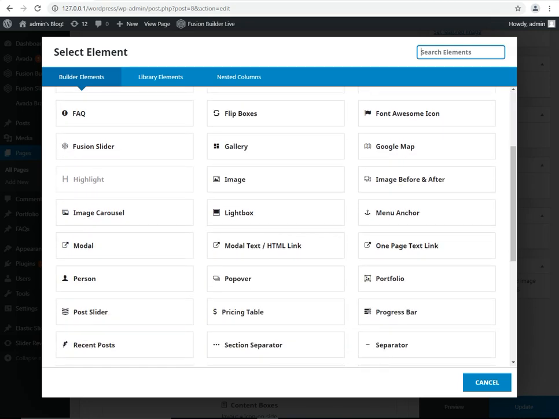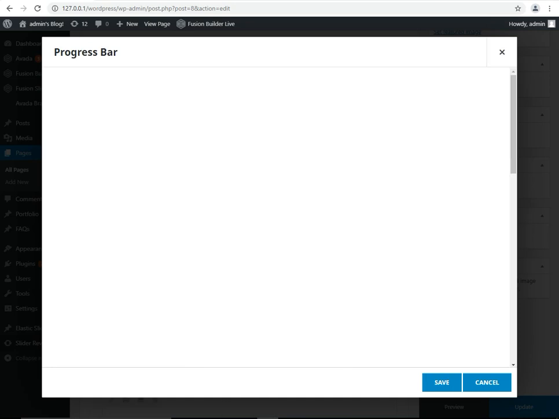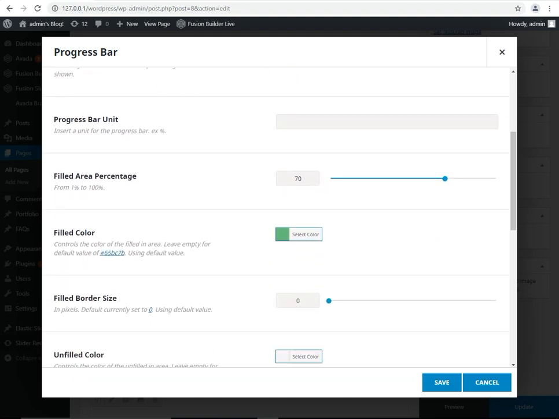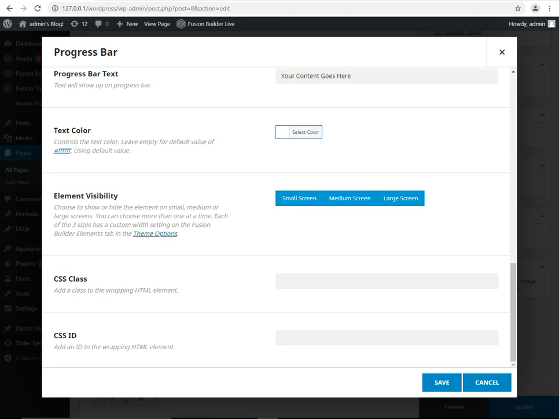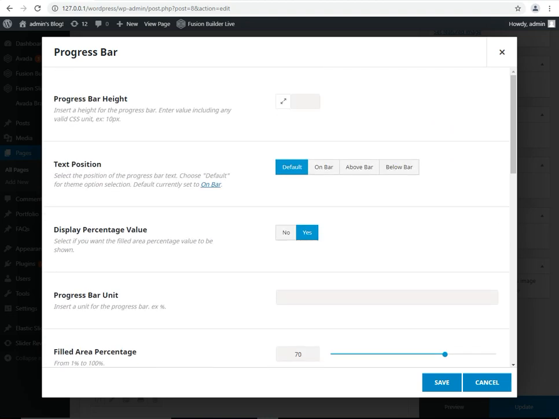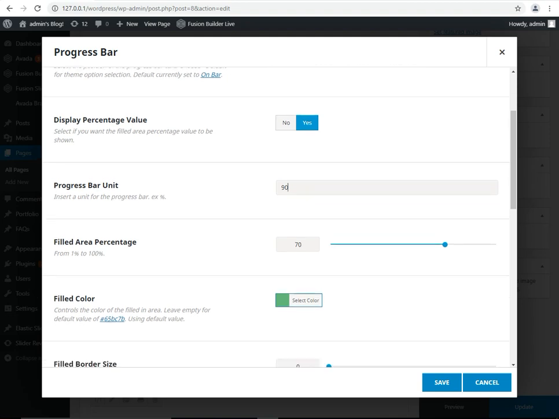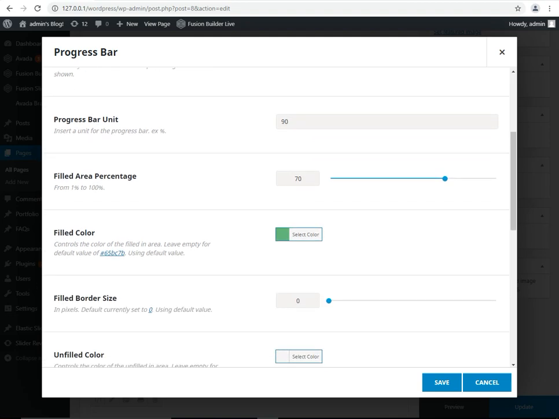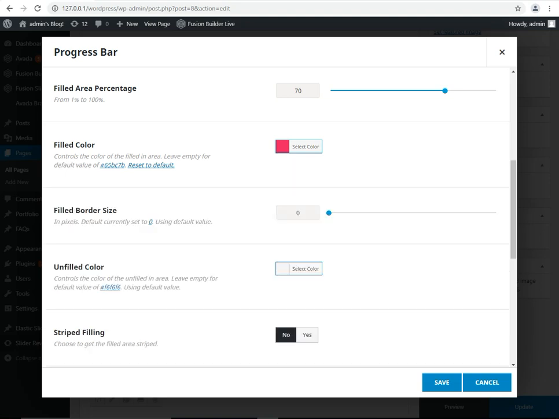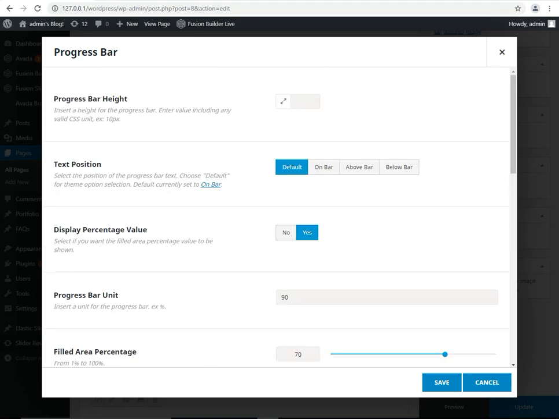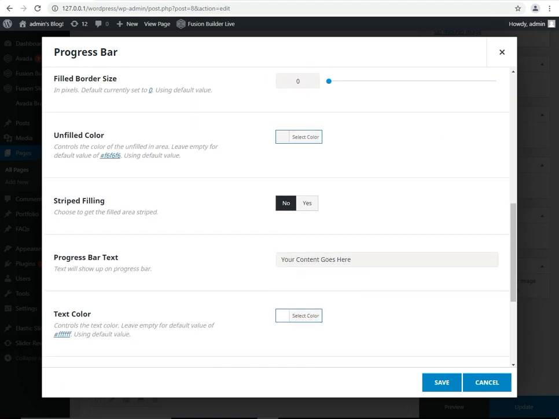After this we are working on portfolio and progress bar. If your business needs any progress bar, then you can click here. Progress bar unit you can set here. For example, first progress bar unit 90% and filled area percentage 70%, fill color red and unfilled color, and after this the progress bar text.